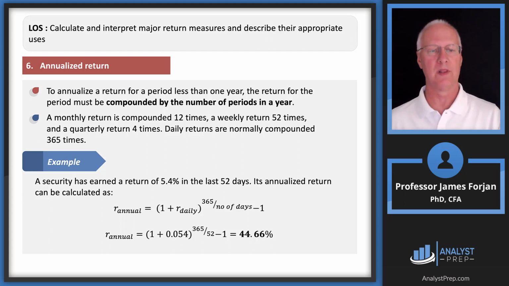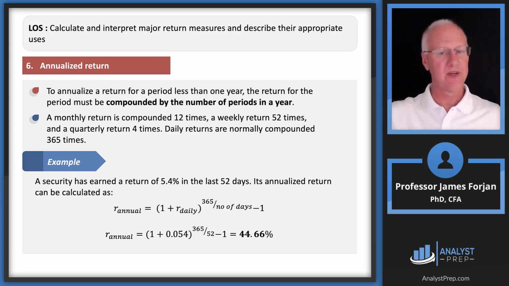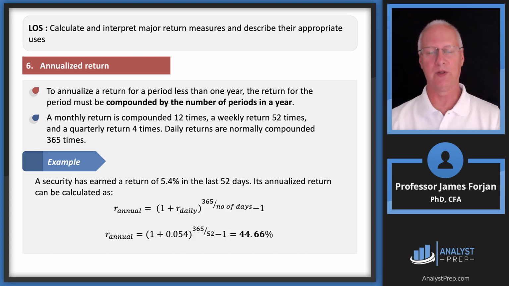If, in fact, we have earned 5.4% in the last 52 days, well, what does that mean? In order to annualize that return, if we earned 5.4% in 52 days, then we assume that we earned 5.4% in the next 52 days, and the next 52 days, and the next, and the next, until we get up to 365. So that's why we're going to raise it to the 365 divided by the 52. And then, of course, we subtract 1. So there's the annualized return,